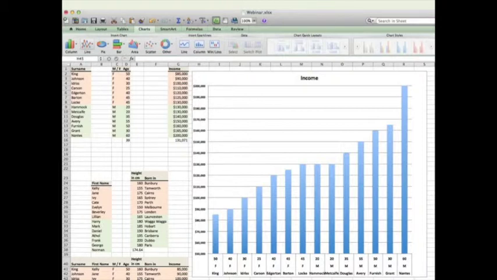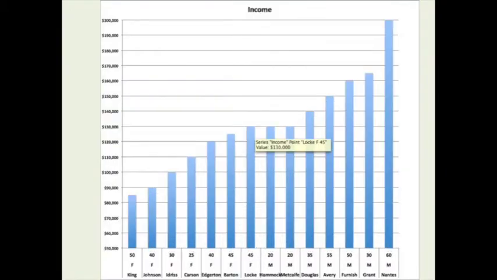You can show the income figure right above each blue column. It's called the data point, and you can dispense with the grid lines and the vertical axis figures altogether. Now, many people don't approve of dispensing with the grid lines or the vertical axis, but it's a matter for personal decision. So let's see how that looks. By double-clicking on the graph to make it active and then just hover the mouse over any of the blue lines, it shows the data point